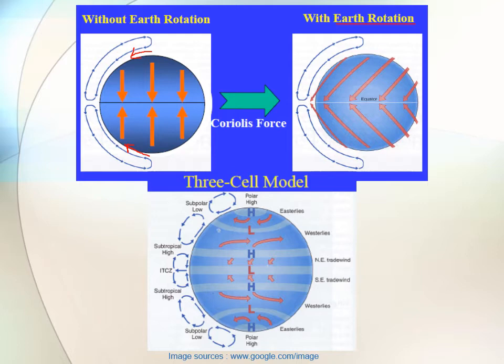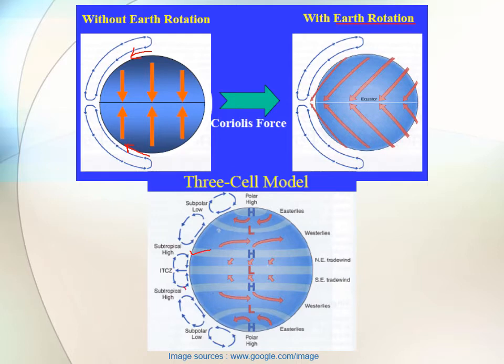At about 30-degree latitude in both hemispheres, it becomes cool and dense, and then at 30-degree latitude in both hemispheres, it sinks or subsides. So near the 30-degree north and south latitudes, there forms a high pressure region that is known as the subtropical high